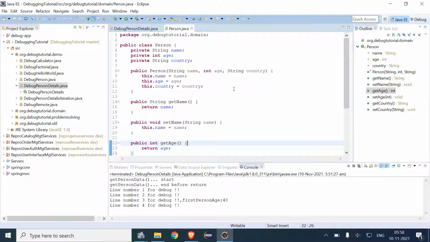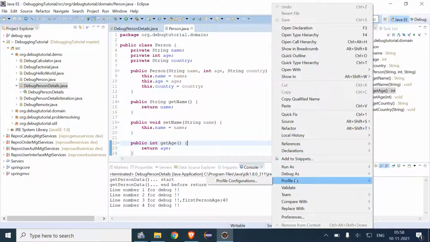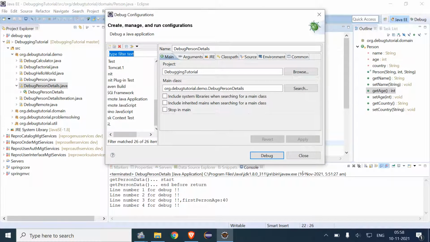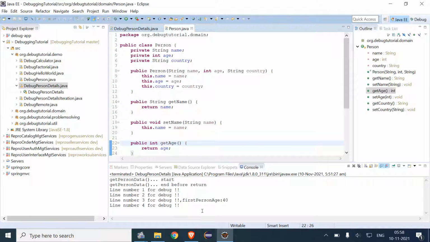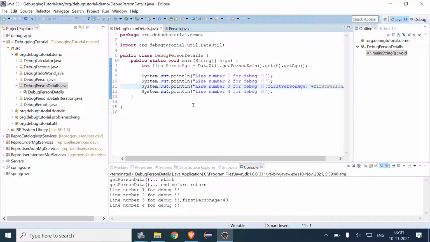For example, if we run this program, so now in order to understand run to line, basically if we want to come to this line without using a breakpoint and stop the program at this line, what I can do is select this line and choose the run to line option available here.